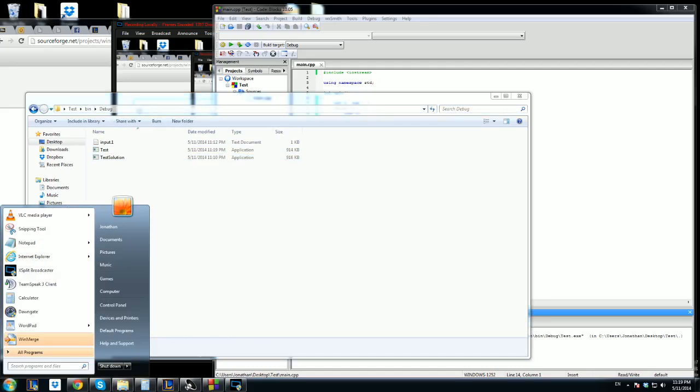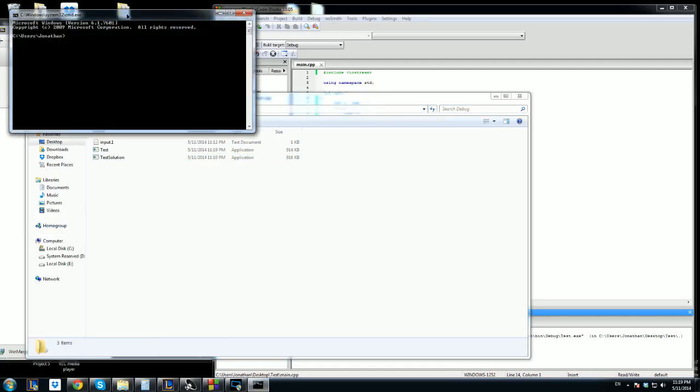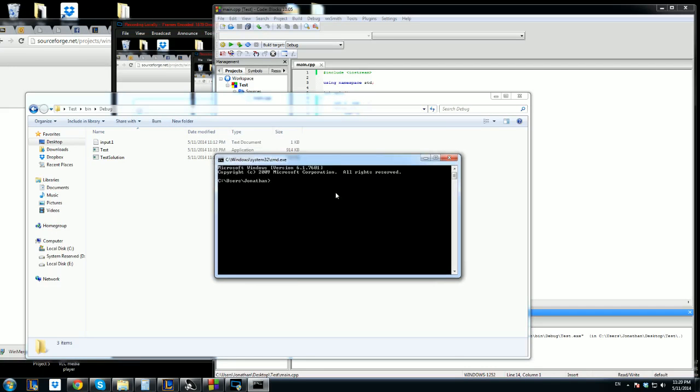And so to test whether they both have the same output, you'll want to open up command prompt, and this is how you'll reach the folder that the file is in. I have it saved under desktop, so you're going to do cd desktop test bin debug, which is just following this path, and so it'll bring you into this folder, and you're going to want to do test.exe with a lower than sign, and then the input file's name,